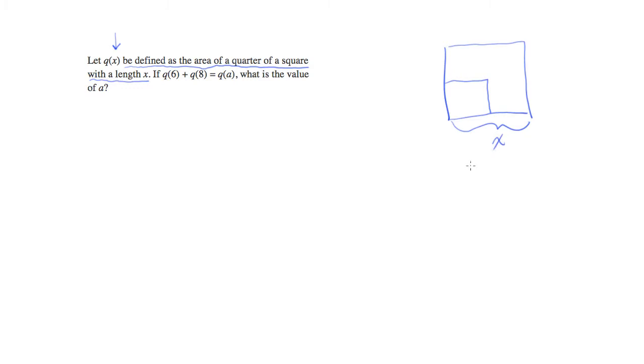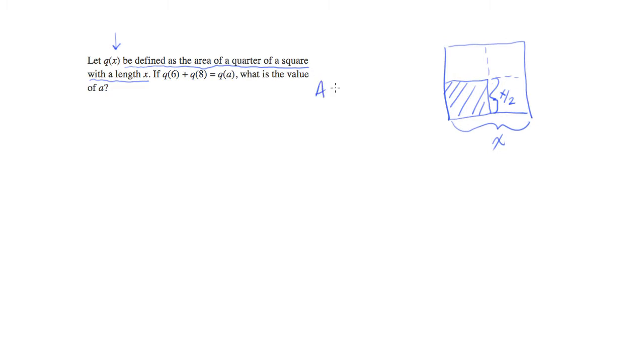So the length of that square is x, and Q is going to be defined as the area of a quarter of it. Well, how do you calculate the area of a quarter of a square? Well, we need to know the length of the sides. If it's a quarter of the square, this will be x over 2. Think about that. I'll draw in the missing lines on this square, and you see this square is in 4 parts when you divide the sides in half both ways. So that quarter of the square has a length x over 2,